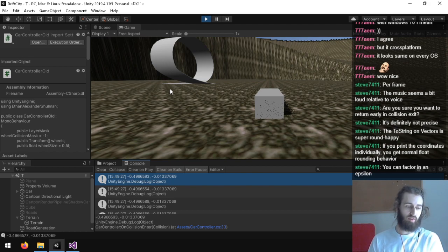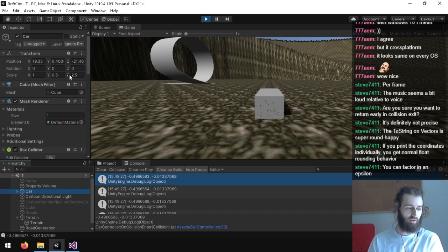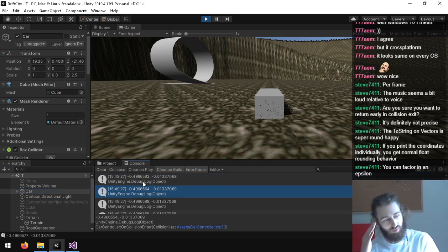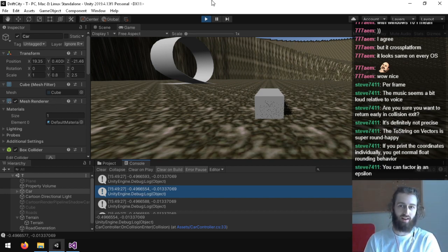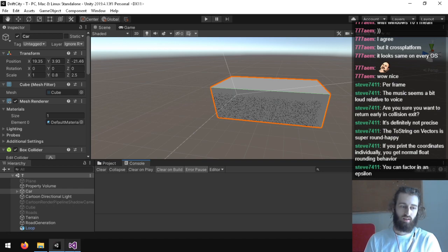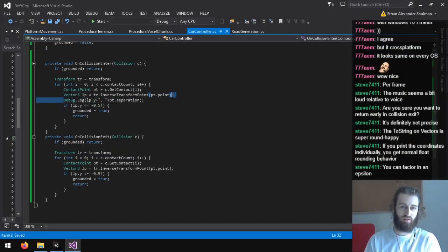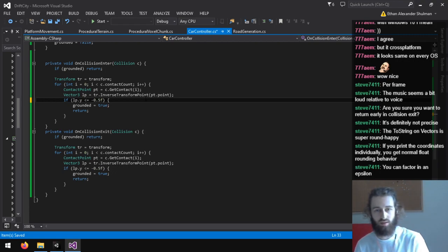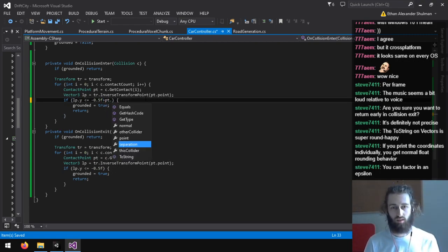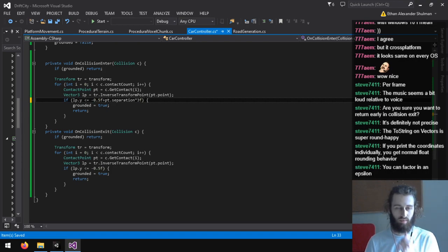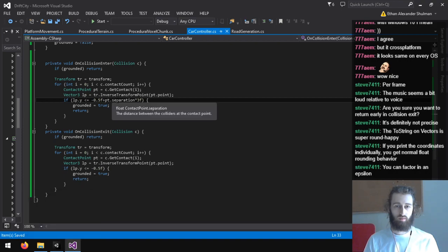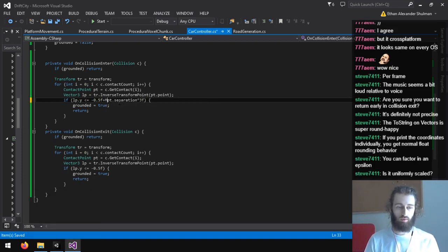Oh, the conflicting thing is our car is actually scaled a little bit, which means the separation won't 100% carry over because it actually goes through a scaling factor. And the scaling also has rotation in it, so it's not just... Alright, we'll figure out how to do this. I guess times 3 will do it. And we'll do math.abs. It's not uniformly scaled.